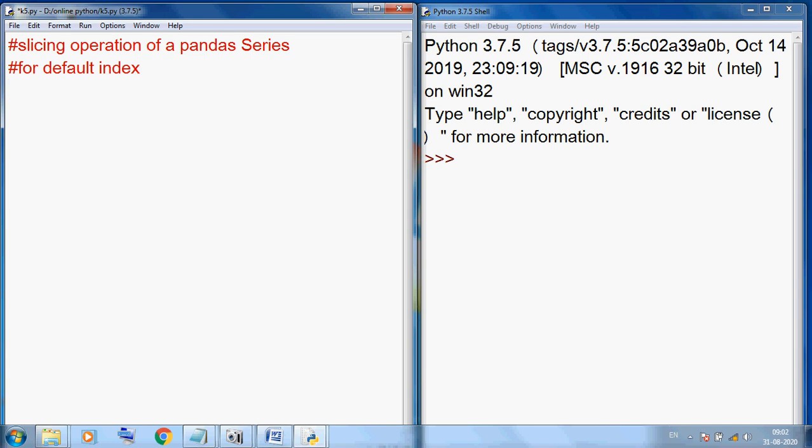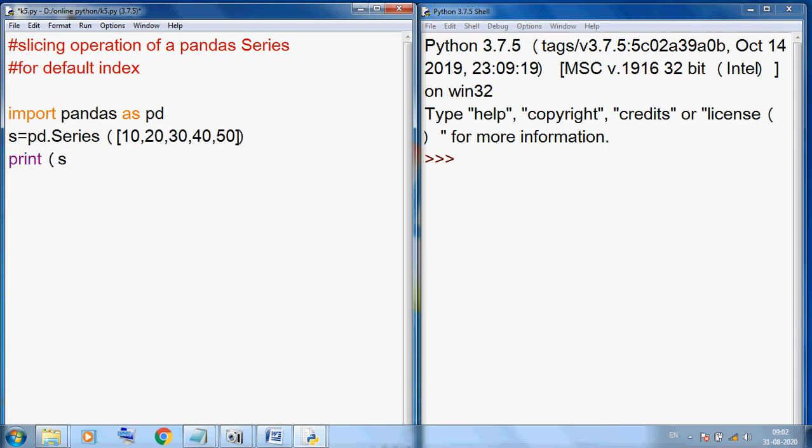Here I am using import pandas as pd. Here I am using s is equal to pd dot Series. I am using list concept to store these values 10, 20, 30, 40 and 50. Then I am closing this and I want to print this pandas series.